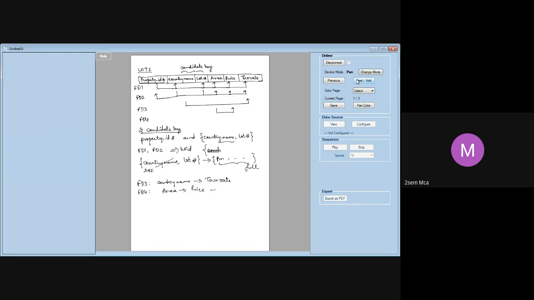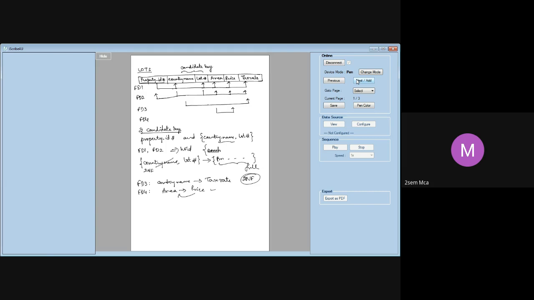So when I say a functional dependency like this, area determines the price. There is no country name at all. That means the price of a land is determined by its area, regardless of which country it is in. Correct? Now, this lots relation schema actually violates the general definition of second normal form. Can you tell me why? The general definition of second normal form states that none of them should be partially functionally dependent. Everything should be full, is it not?